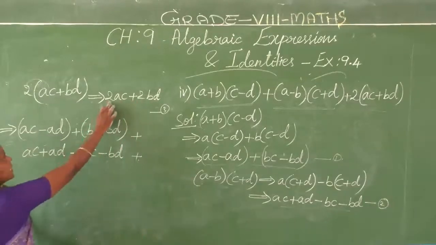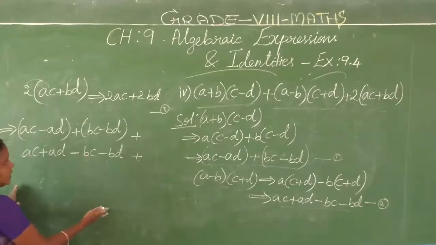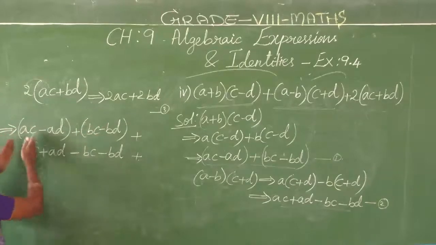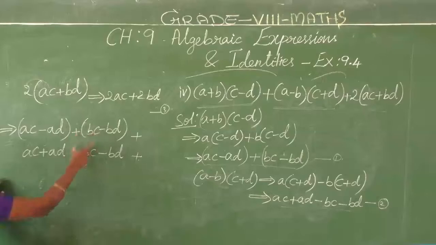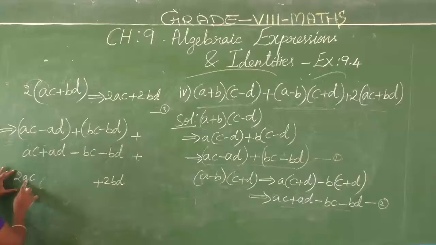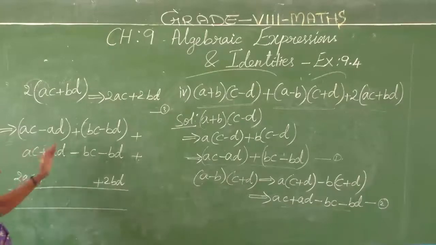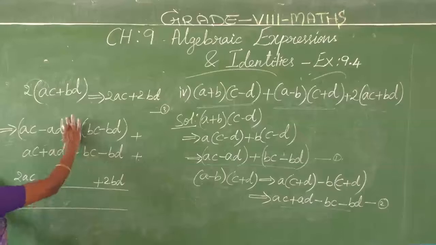What about the third part answer? 2ac. See, actually we are going to add only. So in addition, column wise I have arranged all the like terms. See, ac line, ad line, bc line, bd line. That means 2ac comes here, 2ac, and 2bd, bd comes here, 2bd. 2ac plus 2bd, this fully is to be added. First part answer is this one, second part answer is this one, third part answer. In the first part I have taken it with the bracket, no? So how does ac minus ad come? No problem, as it is.